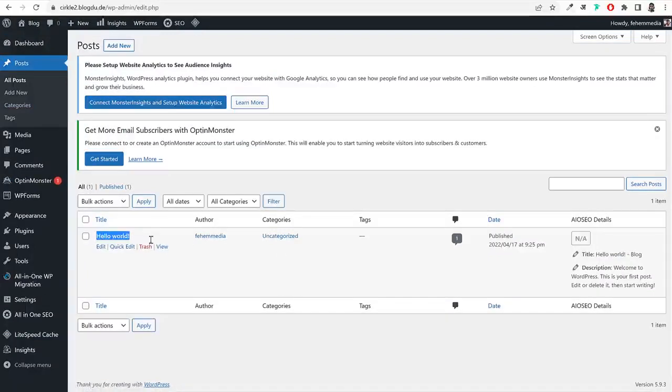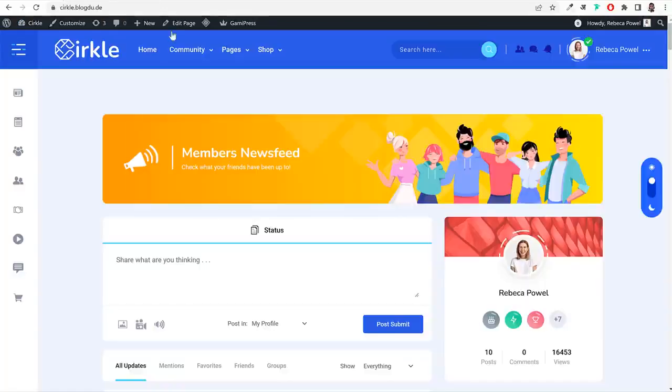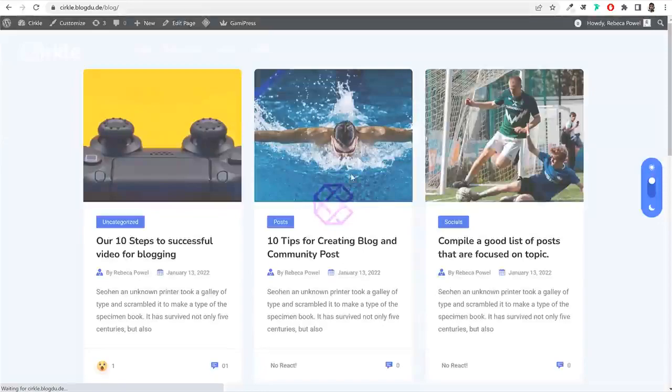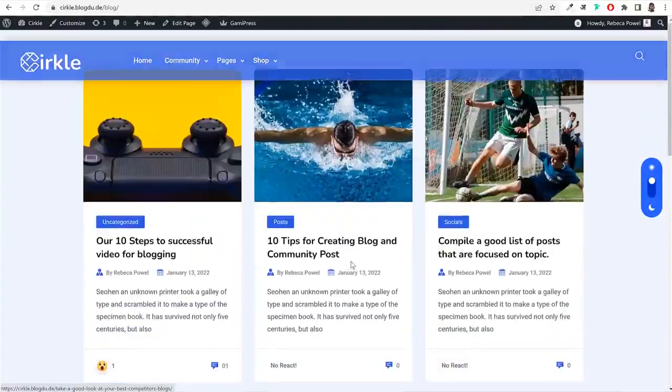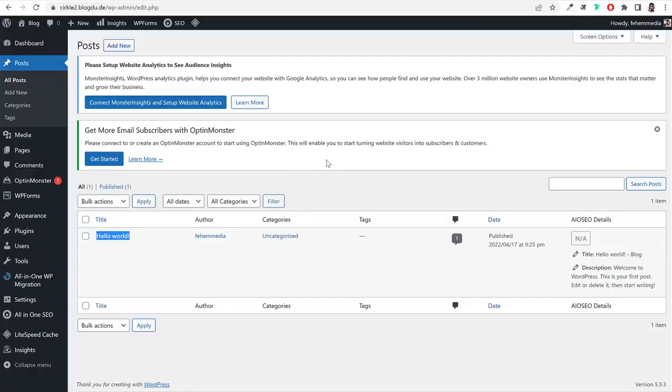Hello world. This is a dummy blog post. Later on in this video, we'll go ahead and delete this thing and create our own custom blog post. But basically from this post page, or from this post option, you will create the blog post on your website. So all these blog posts, if you go to pages, blog page, all these blog posts that you see on the demo website, they are created from here, from the post